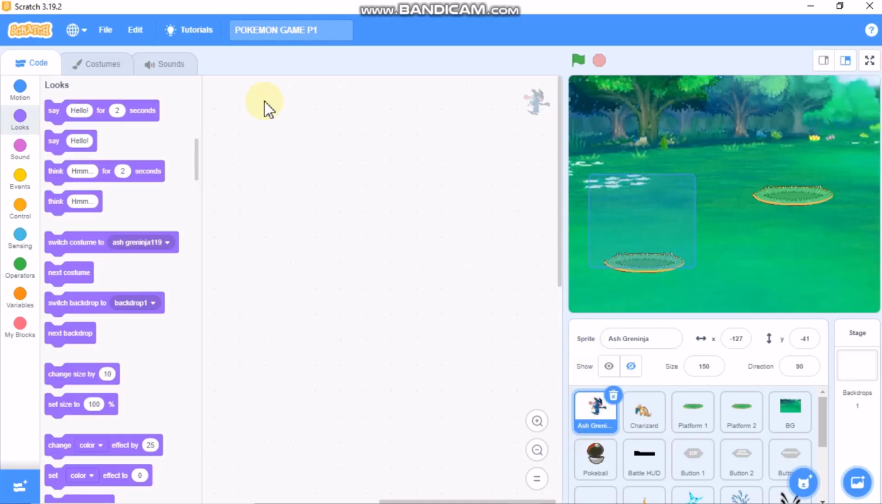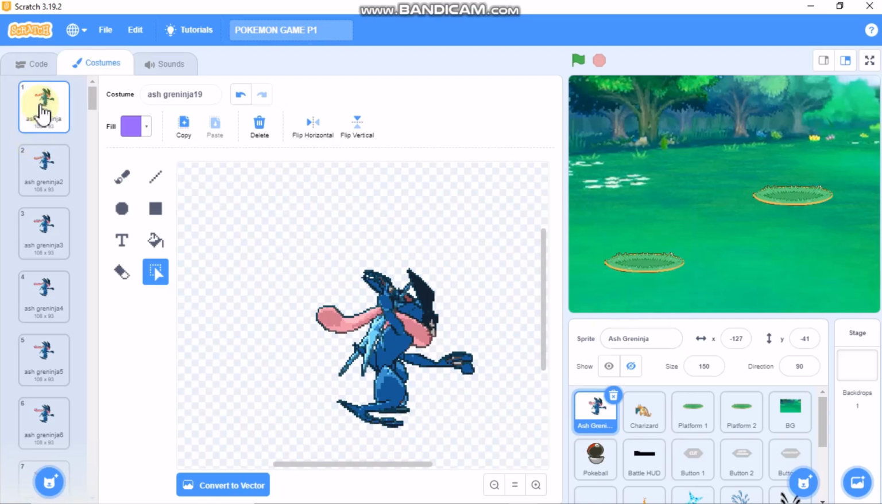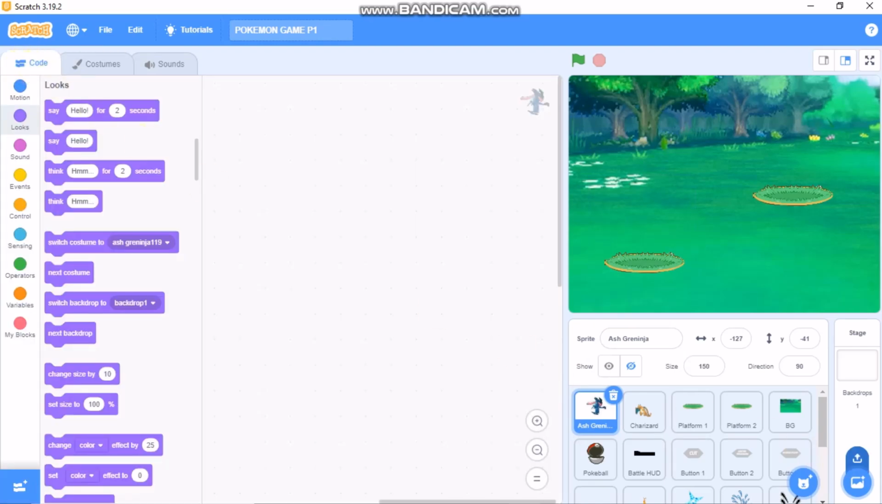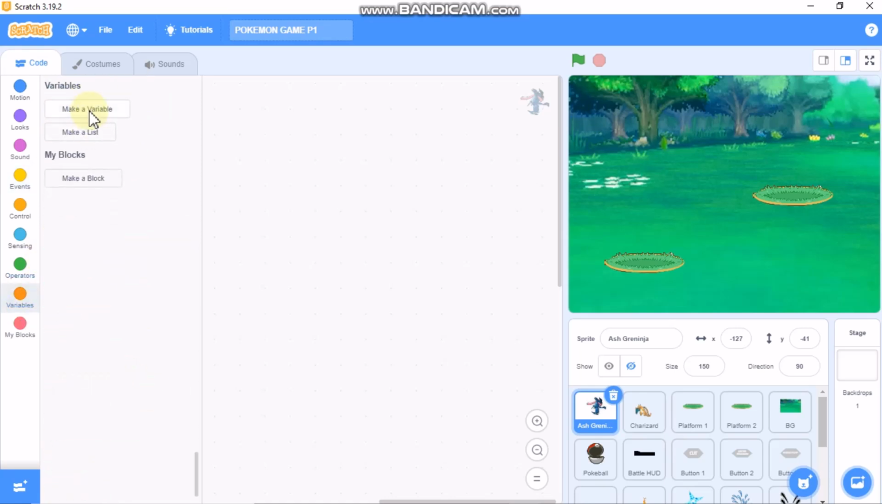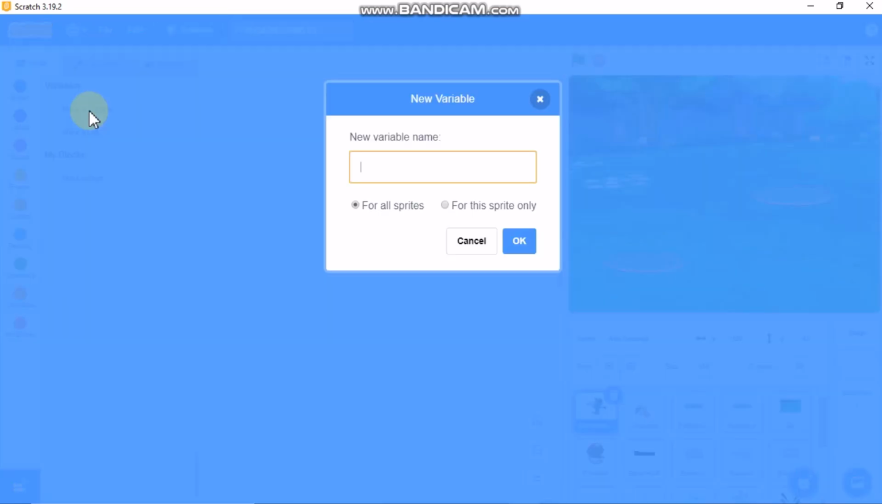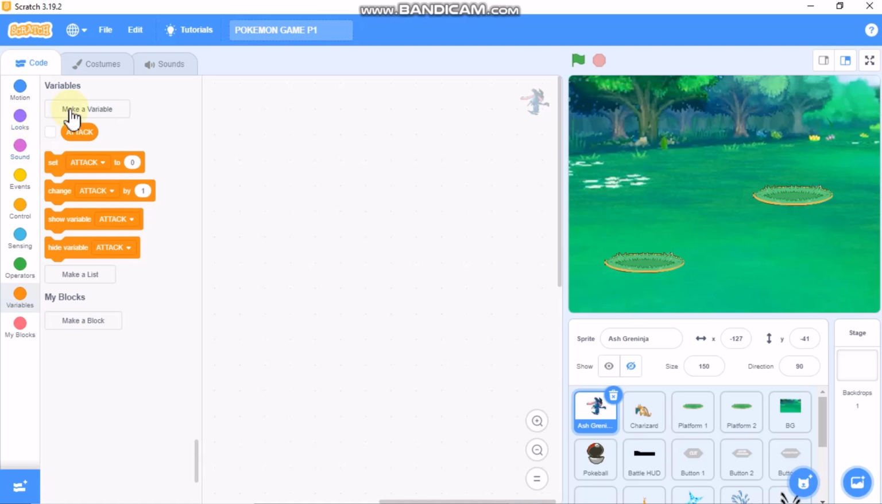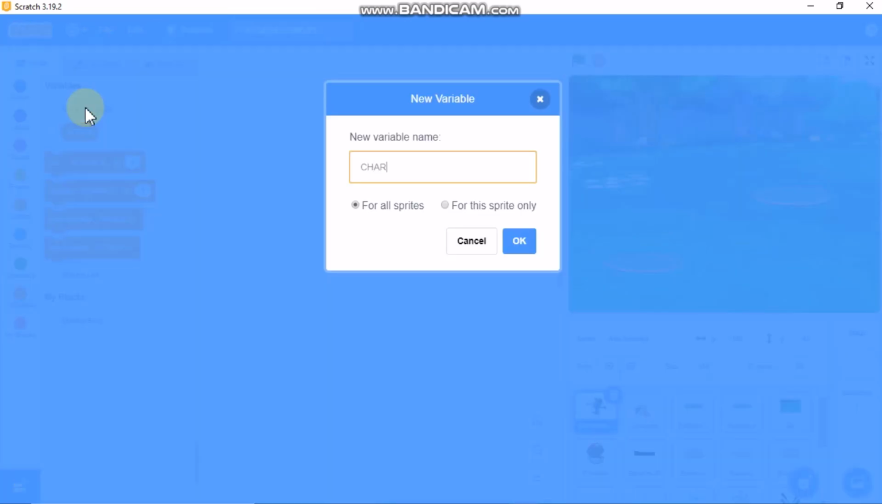So now I'll show you how to code our Greninja. Make sure you have uploaded all the sprites and click on Greninja. Now let's make some variables. Attack for all sprites, Charizard attack for all sprites, Greninja attack for all sprites,